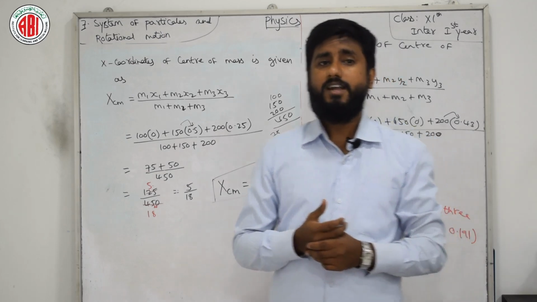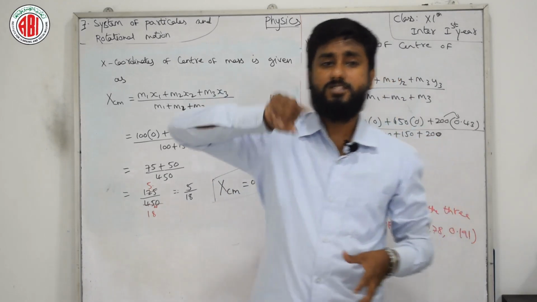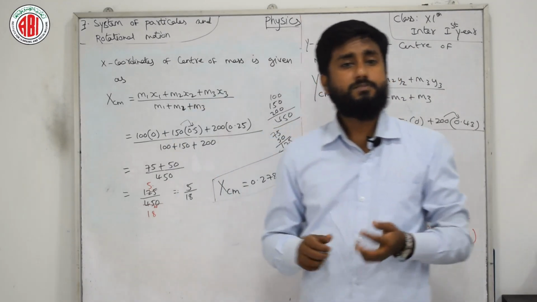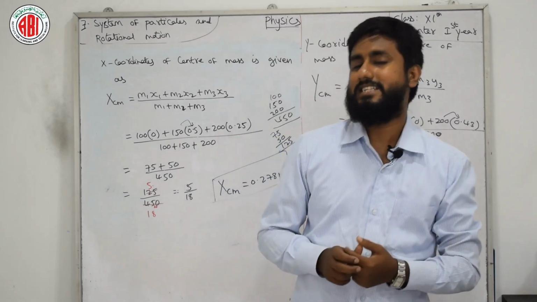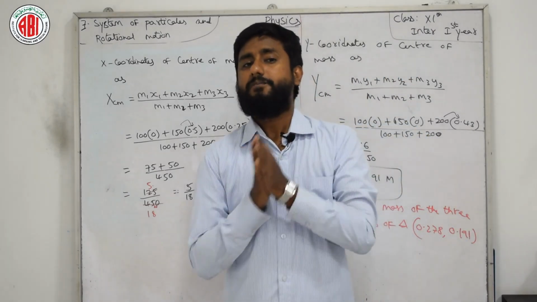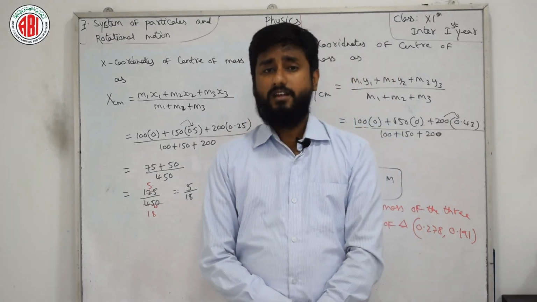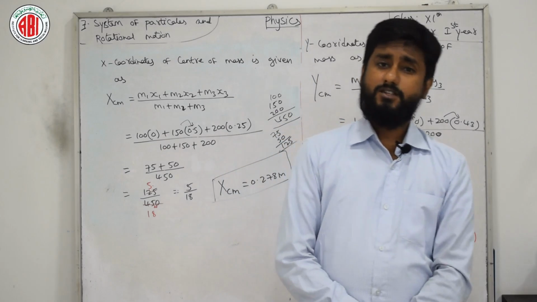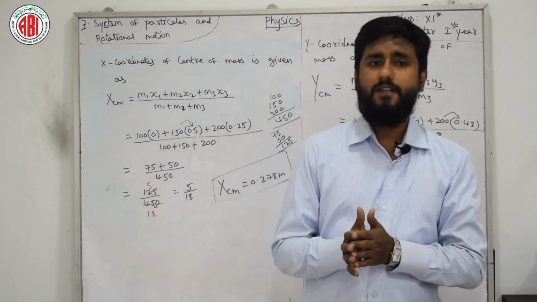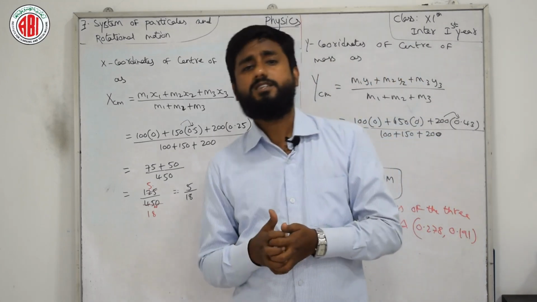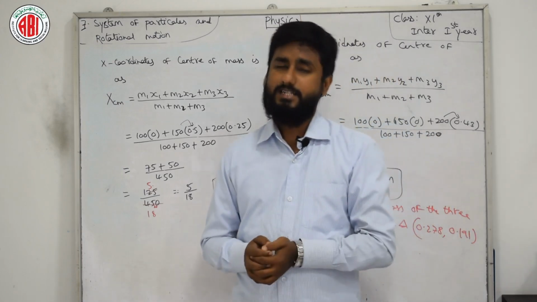Next question: why are spokes provided in a bicycle? In a bicycle you might have seen some spokes. Why are these provided? The spokes of a bicycle increase its moment of inertia without a large increase in mass. If the moment of inertia is more, the opposition to a change in uniform rotational motion is more. Thus, the bicycle runs smoothly and steadily.